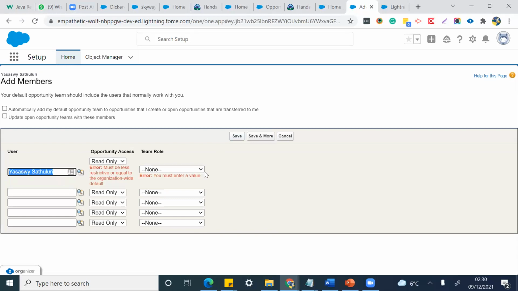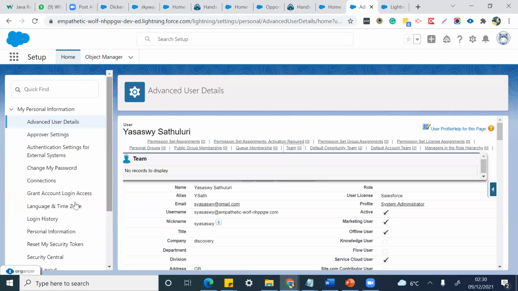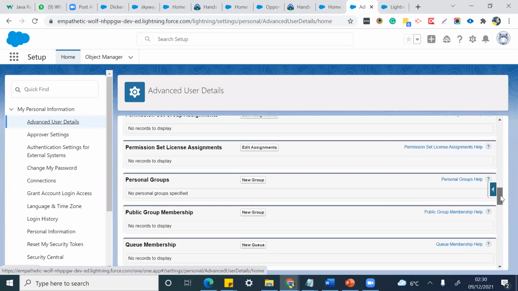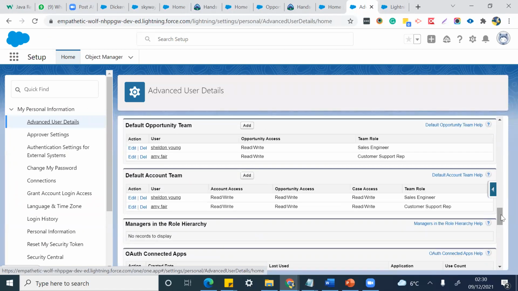It's the same name, that's why it's not. Yeah, so we need to add here. Same sir. It's like account team, under account team I have added same people, because I didn't add users.